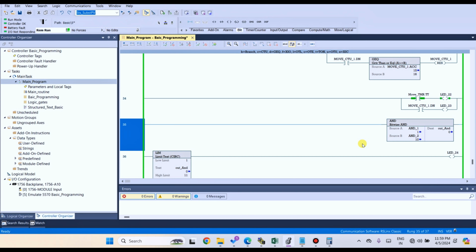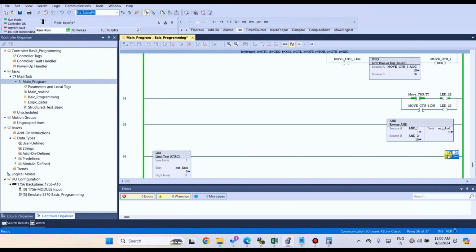I think you can easily observe that after one value, one is on and the next value is off. When it reaches the next value of source B, the output will be off.